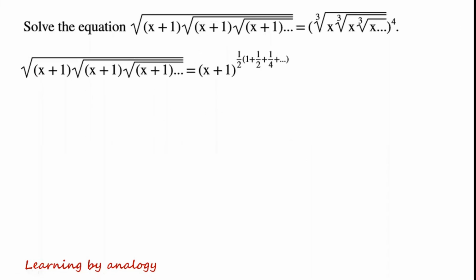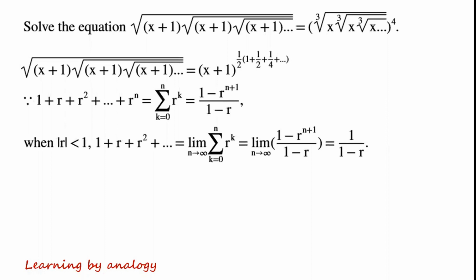We can see that 1 plus a half plus a quarter plus so on is a geometric series, because 1 plus r squared plus so on plus r to the power of n equals the sum of the r to the k's from k equals 0 to k equals n